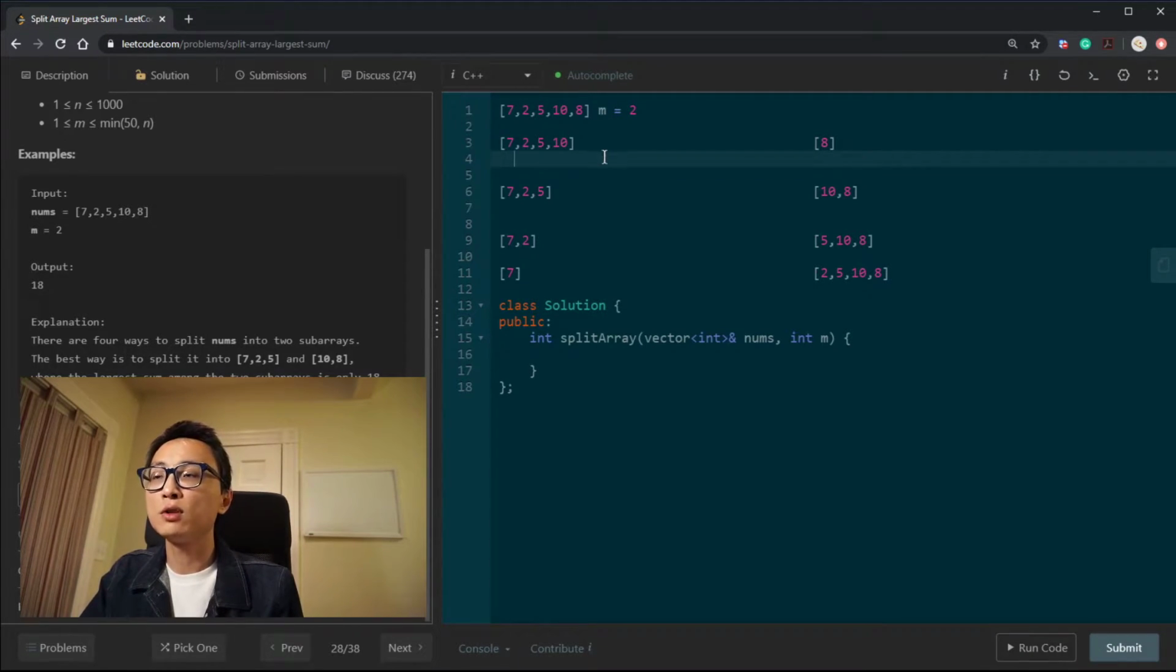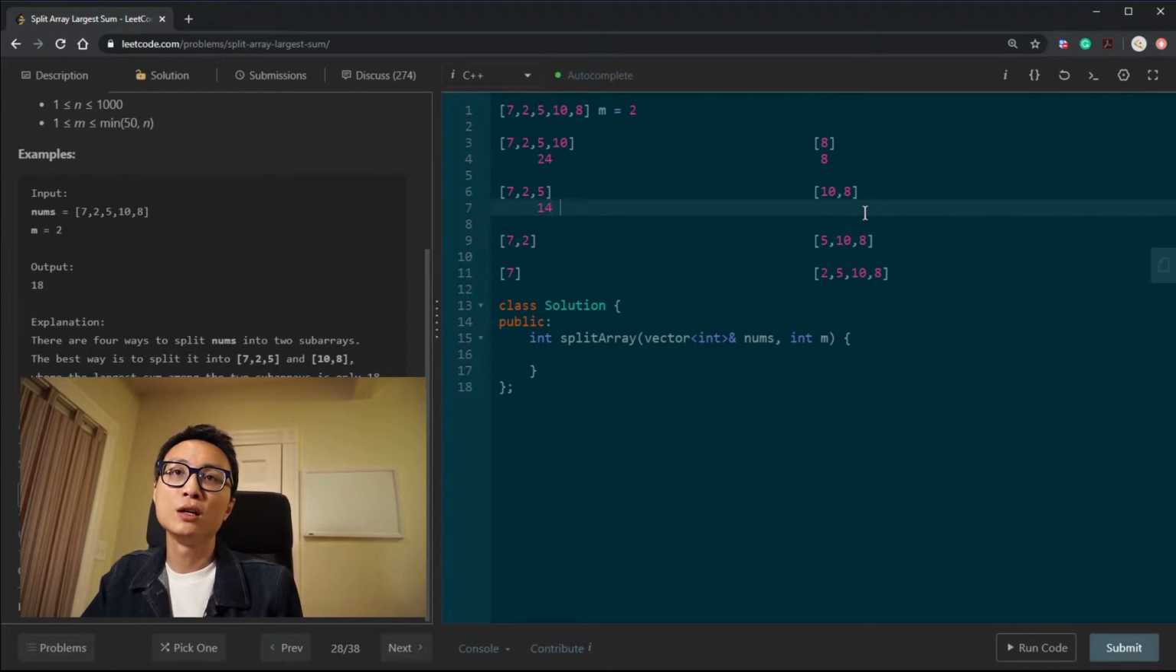Then for each of the subarrays, we're going to calculate the sum of the numbers. So this is 9 plus 15, which is 24. That is obviously 8. Here it's 9 plus... it's 14 and 18. The third split, the summation is going to be 9 and 23. The last one is 7 and